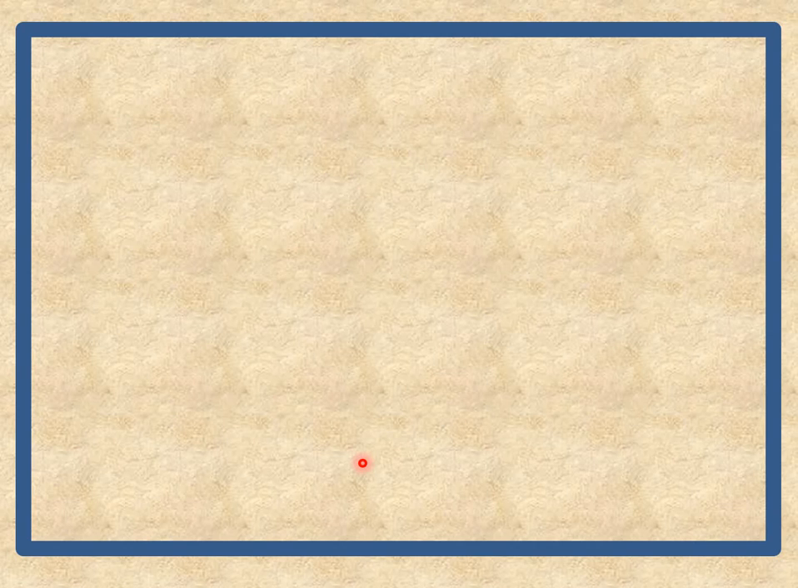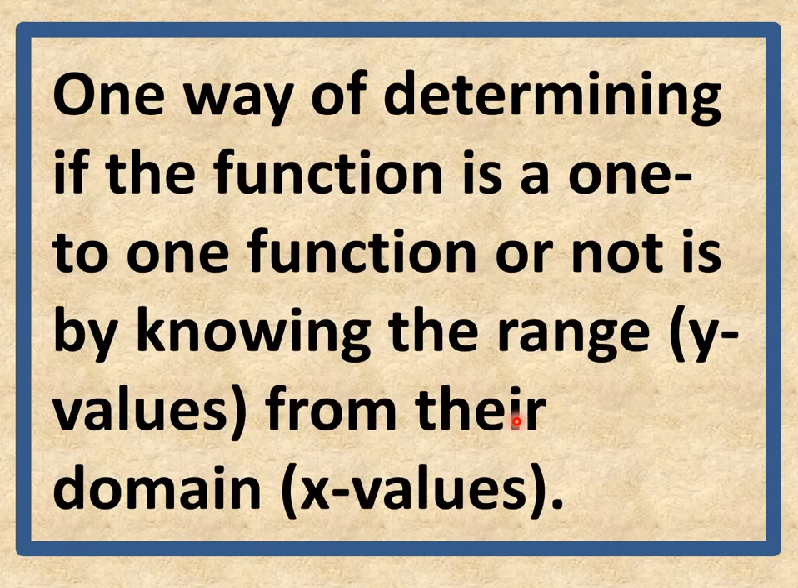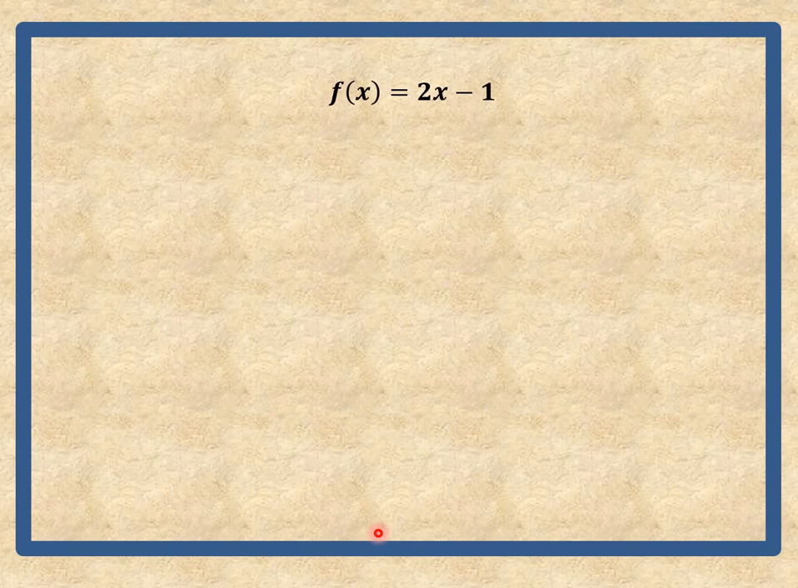How about in mathematics? A function is a one-to-one function if a y value is never paired with two different x values, meaning si x dapat isa lang ang kanyang y. One way of determining if the function is a one-to-one function or not is by knowing the range, or the y values, from their domain, or the x values. How is that? Let's try